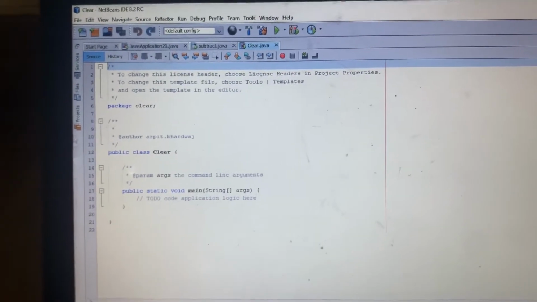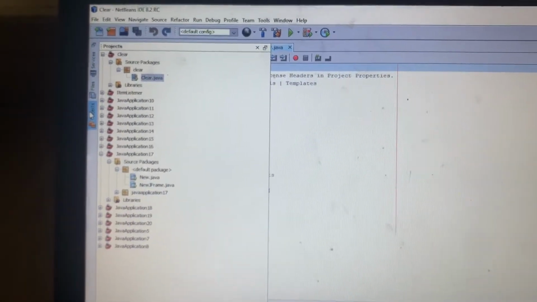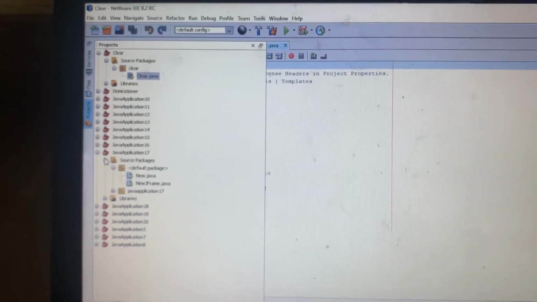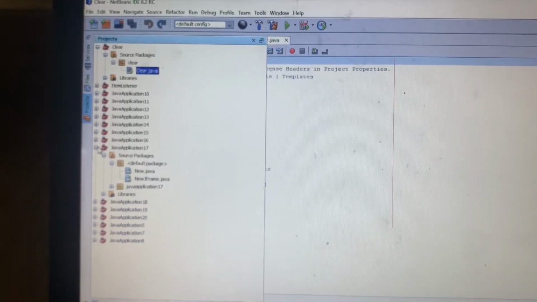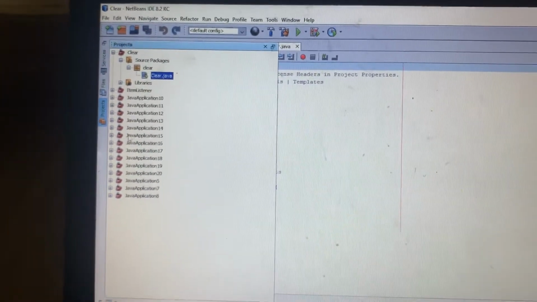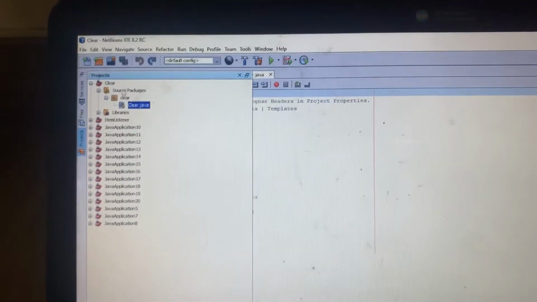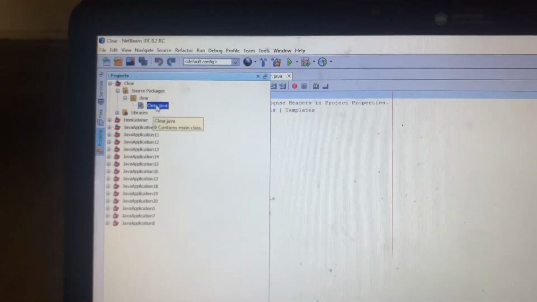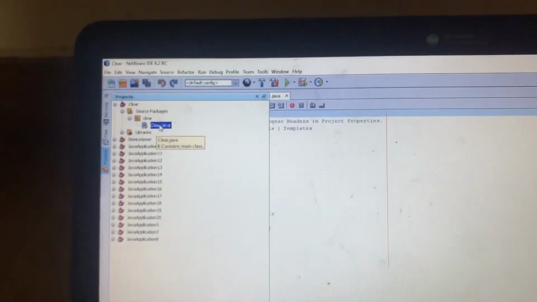Let's see that. Just go to this project window and we can see our project, clear, and in this a file has been created, clear.java. But we wanted to take a Swing frame, so we create a frame in this.